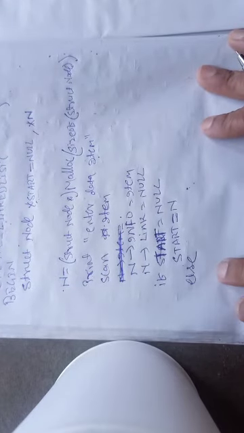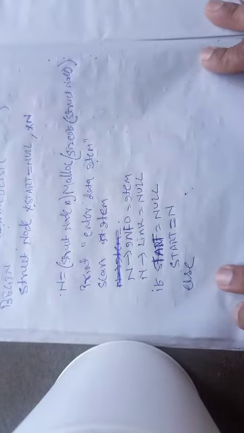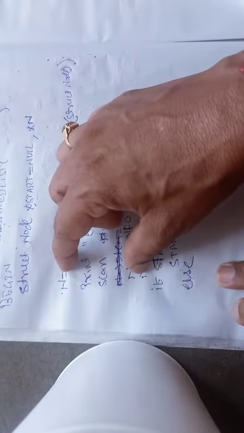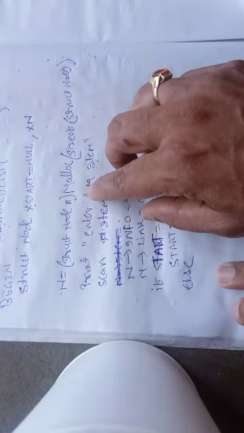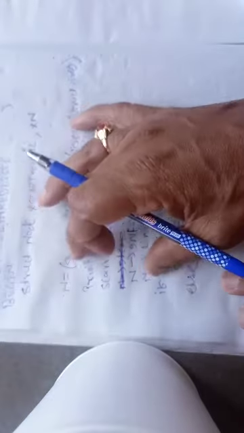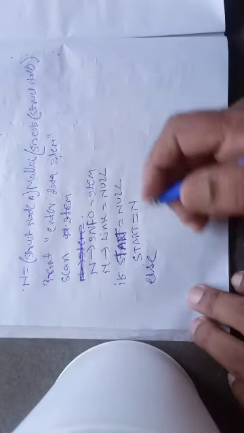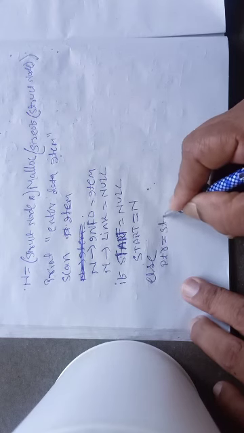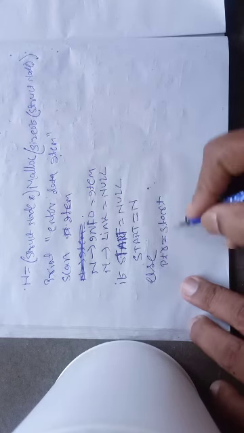Else means if start is not null, which indicates that there are already some nodes in the list. So in that case, this node that we have created must be attached at the end of the list. Okay, I will explain you with a diagram. This node must be attached at the end of the list. So when we attach this node at the end of the list, first we need to perform a traversal. So how can we traverse a list? We know first you will use ptr equal to start. So this is to traverse the list.